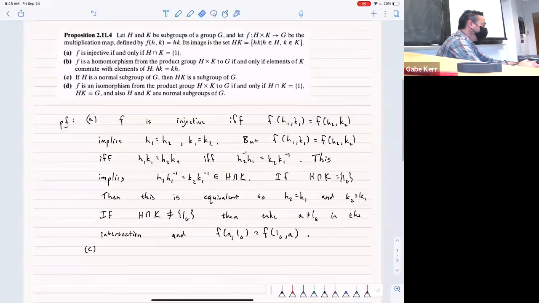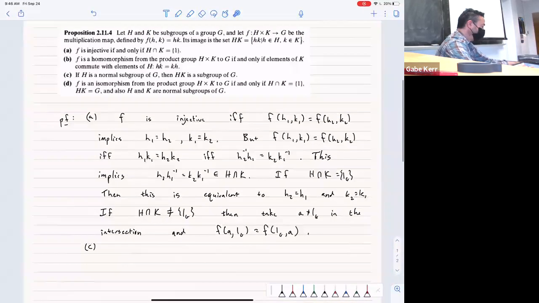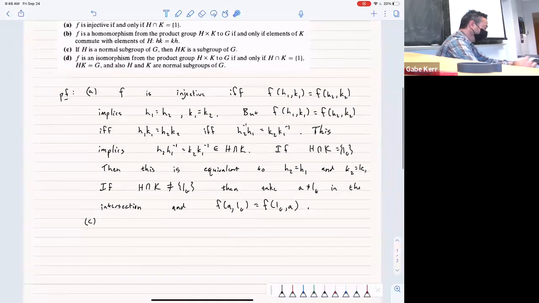HK, as I said, this map is horrible in general. We just take two subgroups of G and we look at this map and we even look at this image. It just doesn't mean much. It's a bunch of cosets, just in general. But if we start putting some conditions on the groups involved, we can get something more from it. So if H is normal, we all of a sudden get a group as the image. It's still not a homomorphism, but